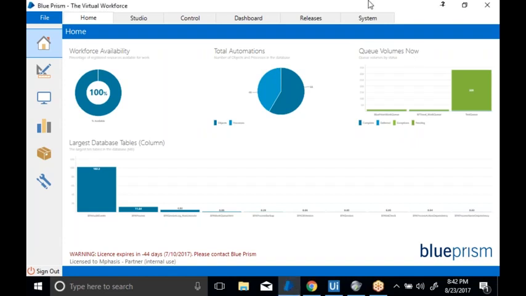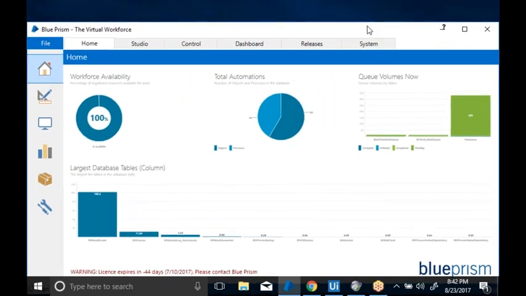Now, what is the Blue Prism tool? Blue Prism is one of the RPA tools. By using it, we can automate any kind of manual process and any human actions. In industry we have n number of business processes, and whatever is done manually by employees can be automated by using the Blue Prism tool.